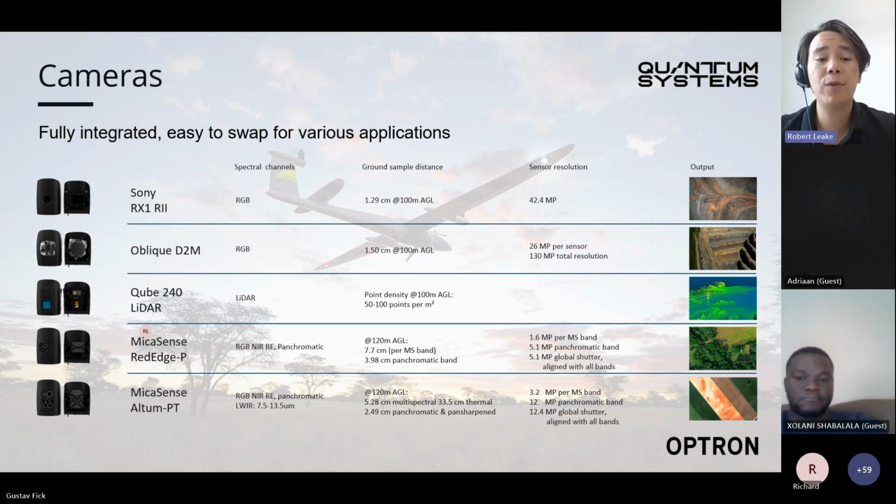We have our Cube 240 LiDAR. We are the first fixed wing manufacturer, within our weight class, to be able to introduce a LiDAR like this, and it's a fantastic LiDAR. It can capture upwards of 300 to 400 hectares in a single flight, depending on the height and the overlap, of course. But being able to cover those kinds of areas with a high-grade survey LiDAR has really been a massive game